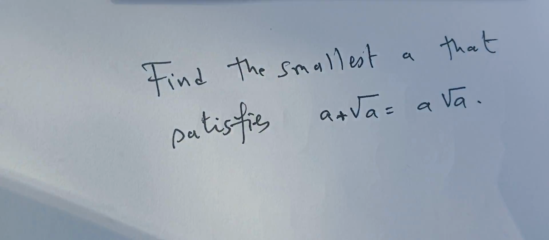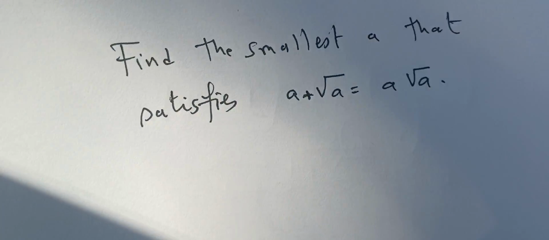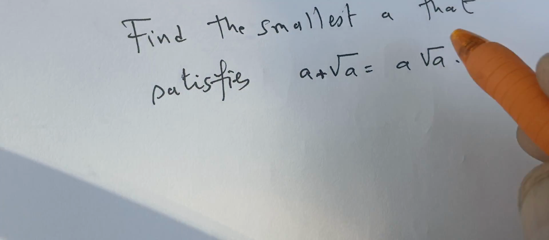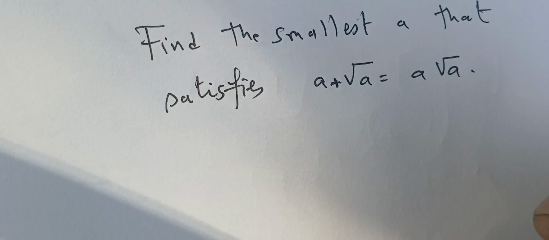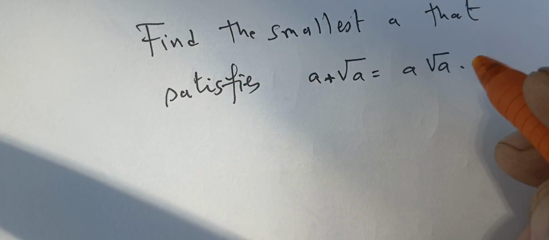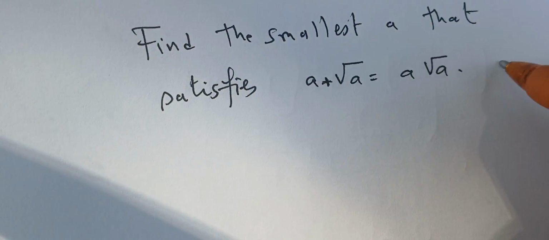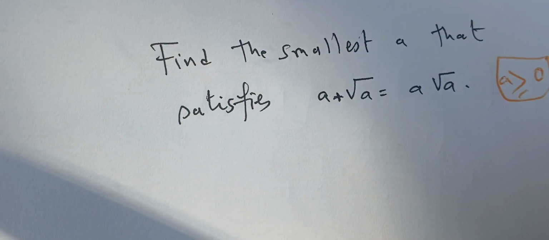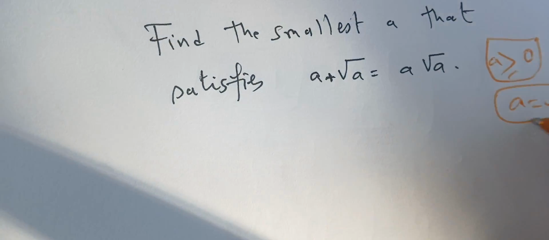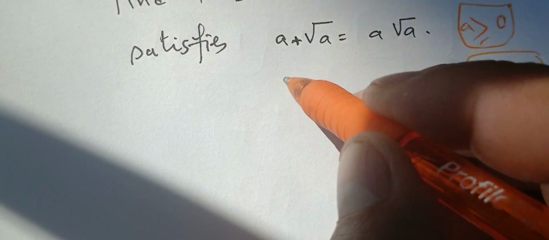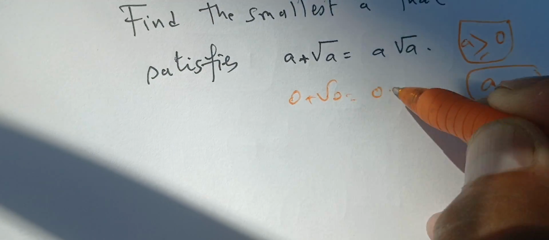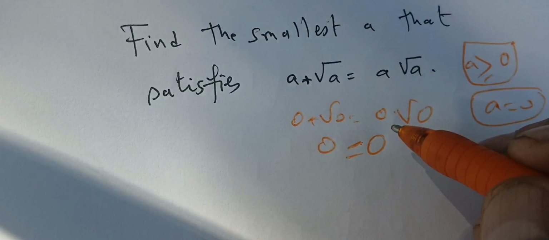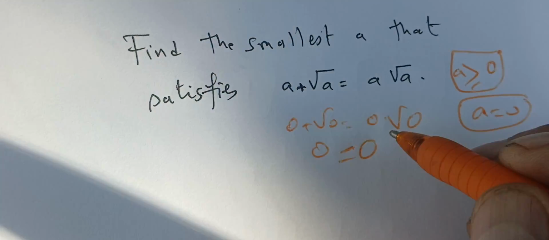But if we just look at the values of a that would make some kind of sense, we require that a must be greater or equal than 0. And we see that if we plug a as 0, we have 0 plus square root of 0 is 0 times square root of 0. That means 0 is 0. So that means a is 0, the smallest one, but